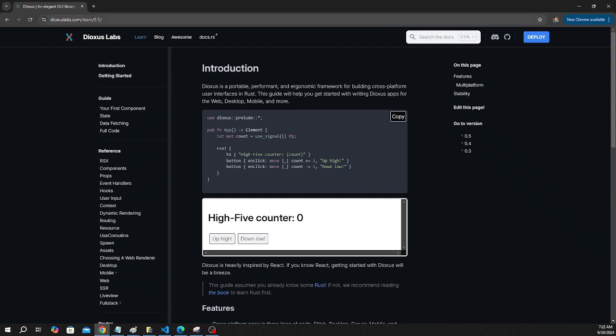So this is the link for the Dioxus documentation. It's dioxuslabs.com/learn, and it will look something like this. You have to include your Dioxus prelude, and creating an app returns an element, and the signal we will talk about later. It's a hook,